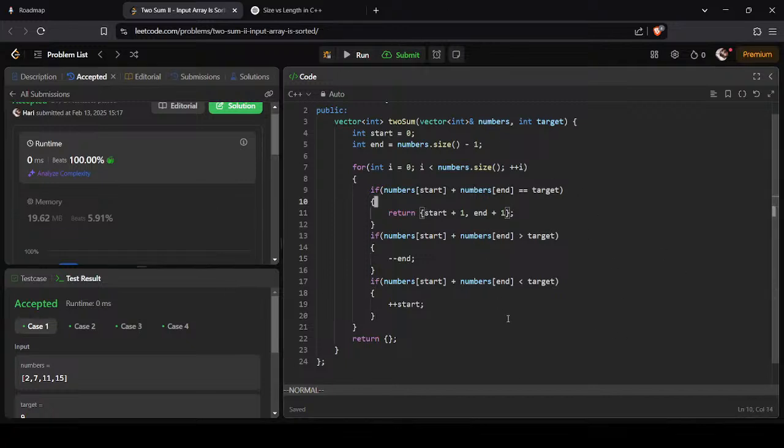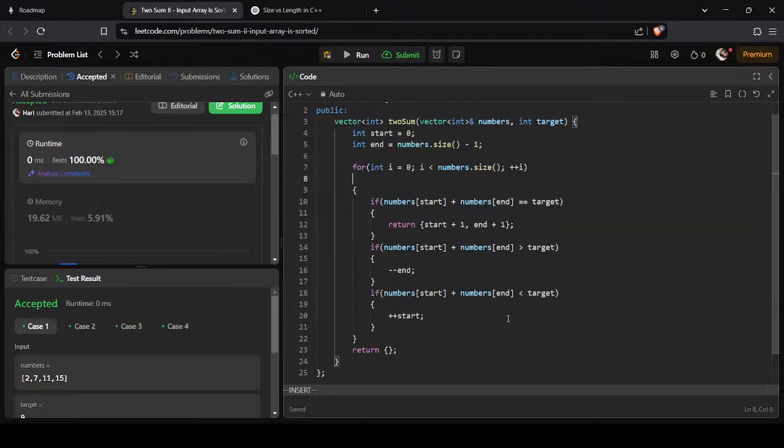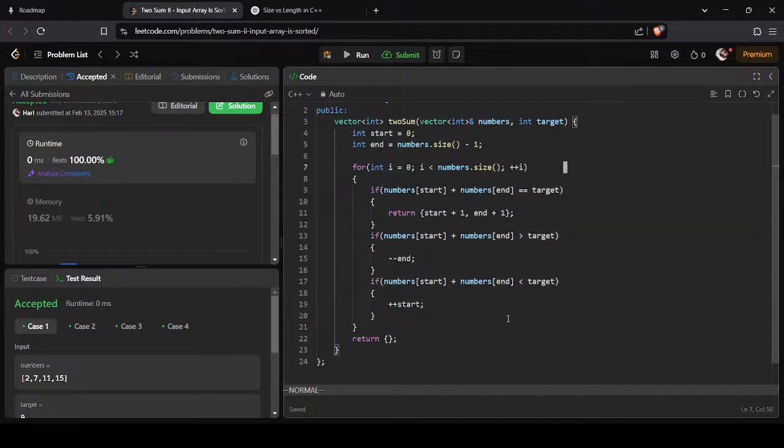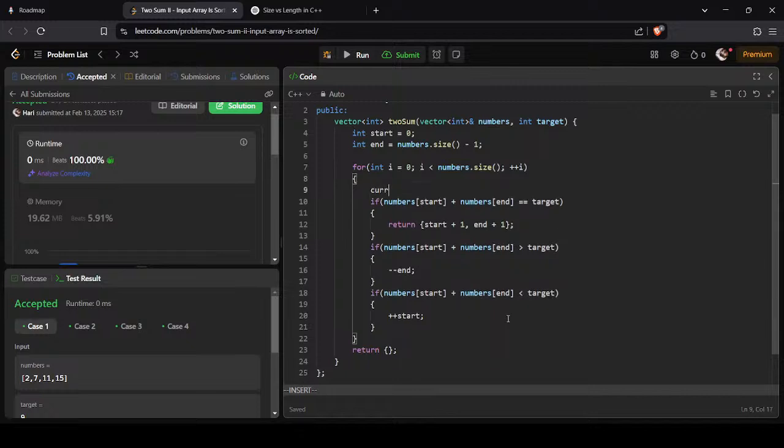I guess I can try that. Int current. Delete, insert this to be